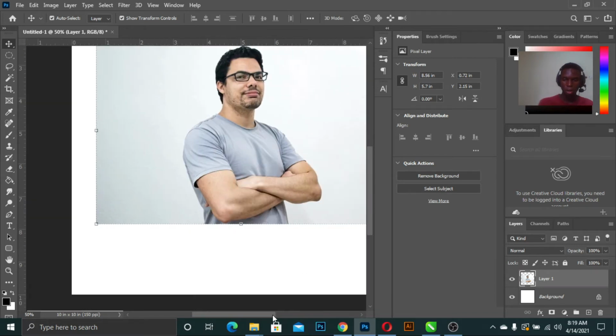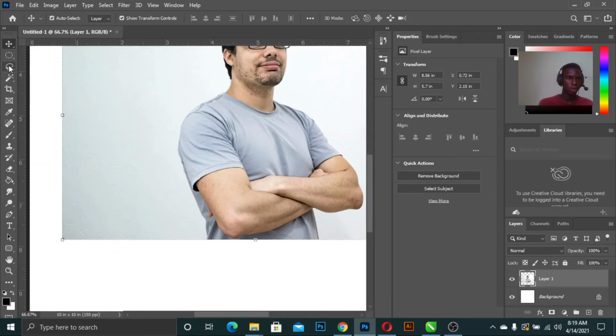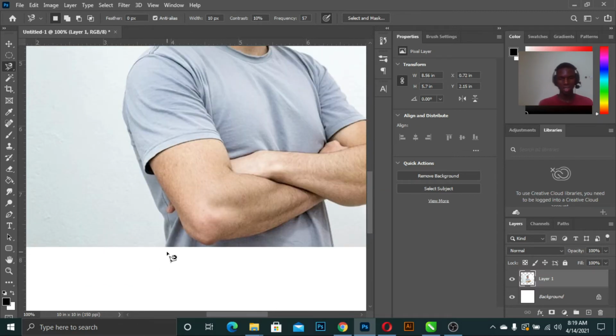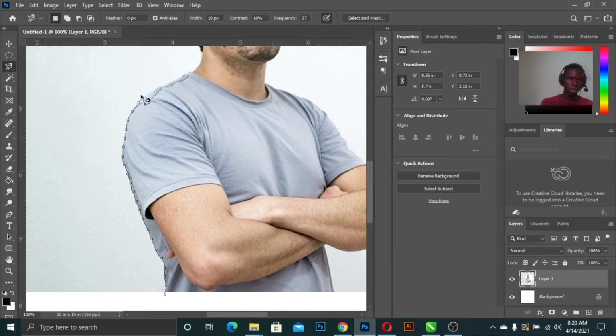Okay, all you need to do now is to bring out your tool, which is your magnetic lasso tool. This tool works with contrast. It's more like an artificial intelligence kind of stuff. Once you just right click and start moving, it will select based on the contrast between the photo. Once you want to go back, you press delete